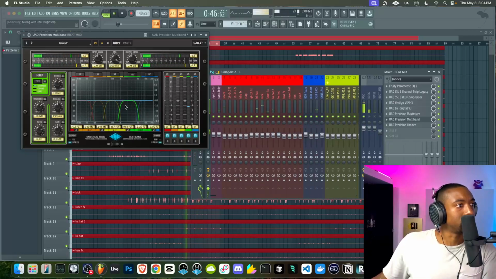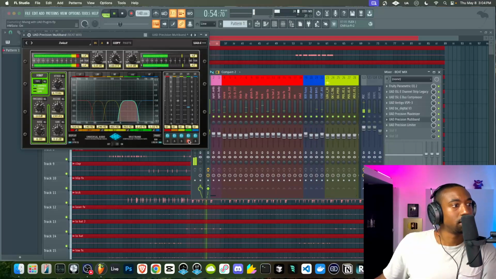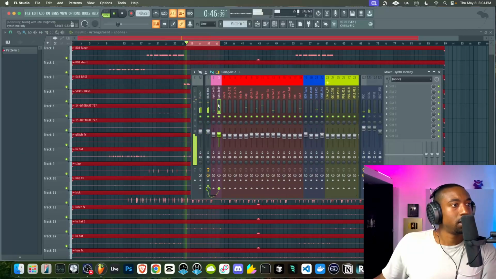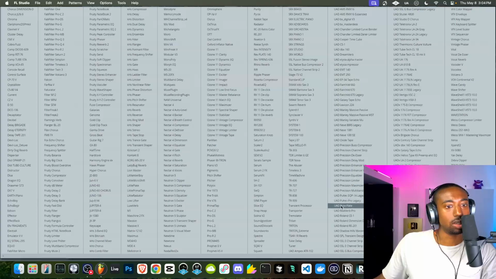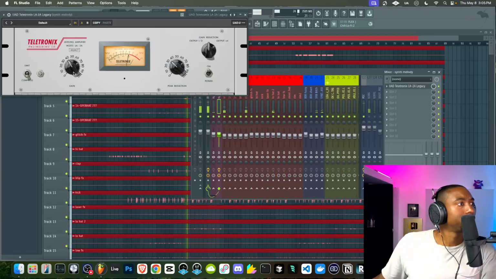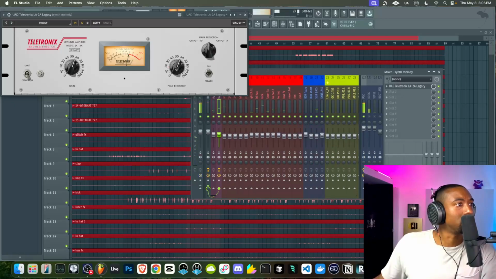And also here, I'm looking at these meters. So it says it's pulling out 3 dB. Let's solo. Really, it's just compressing the snare. Let's see what happens if we compress this horn. Let's run it through an LA-2A. So the UADX is the native stuff. The UAD stuff is not native. Let's run it through the LA-2A. All right, so it's not visually showing me. There we go.